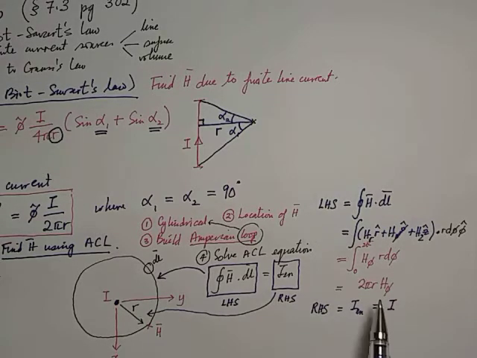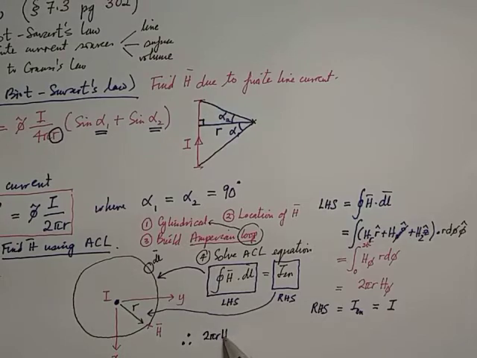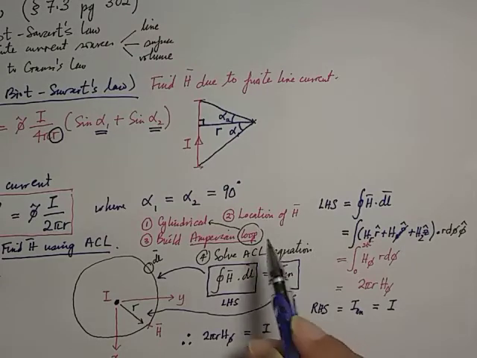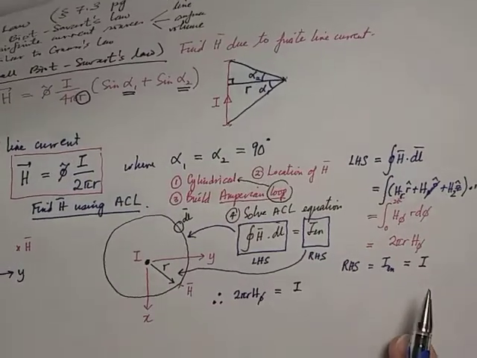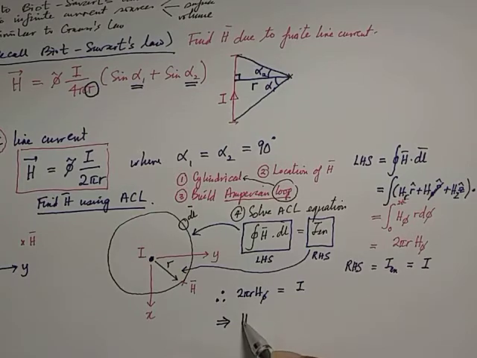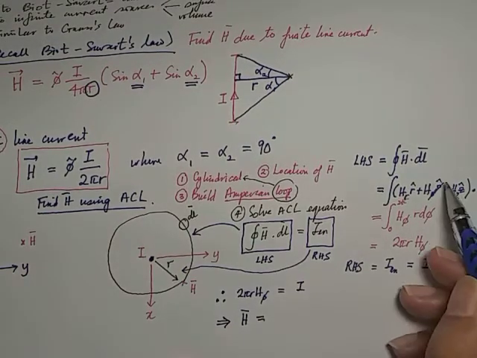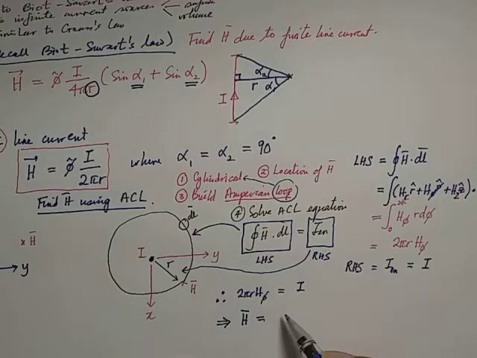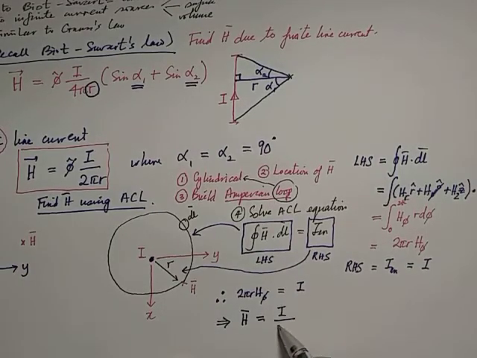So what we have obtained is the solution for the left hand side and the solution for the right hand side. Let's relate them together. Left hand side equal to right hand side, so 2 pi r h phi must be equal to I. And then our objective is to find what here? To find h. So what should my h be? Remember we are solving this part of mathematics, it should be I divided by 2 pi